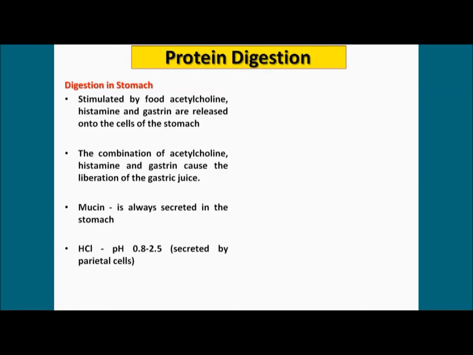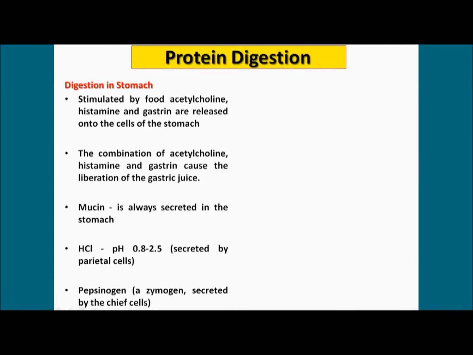The optimum pH of the stomach ranges from 0.8 to 2.5. It is the pH range of the stomach, right? And this HCl is secreted by the parietal cells, which are generally found in the stomach. The next part is pepsinogen. This pepsinogen is secreted by the chief cells, and as we all know, it is a zymogen. This pepsinogen is responsible for the majority of the protein digestion, or you can say degradation, in